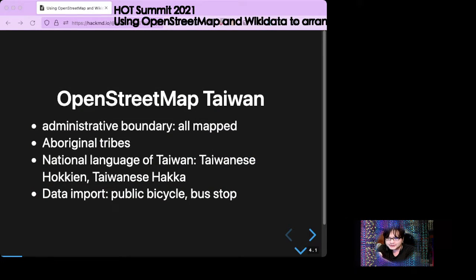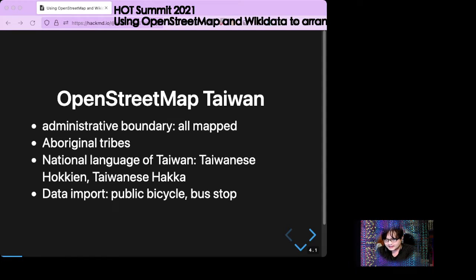Right now, the OpenStreetMap Taiwan community has mapped all the Taiwan village borders and linked them to Wikipedia and Wikidata. Recently there's a trend to know more about local things, so we also added Aboriginal tribe names in their own languages, and other ethnic language labels like Taiwanese Hokkien and Taiwanese Hakka.